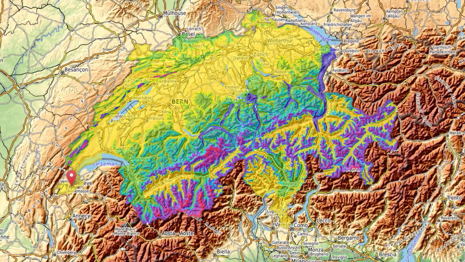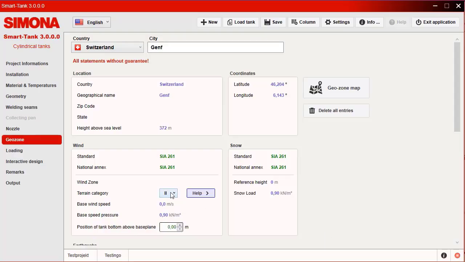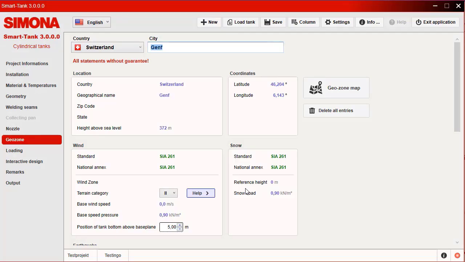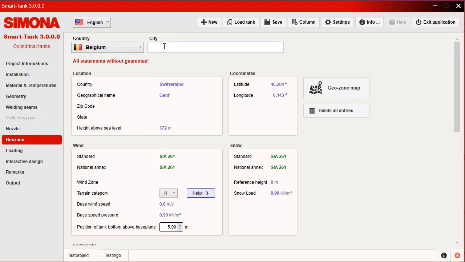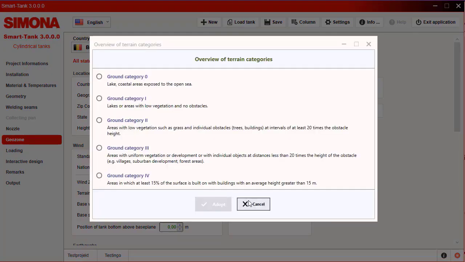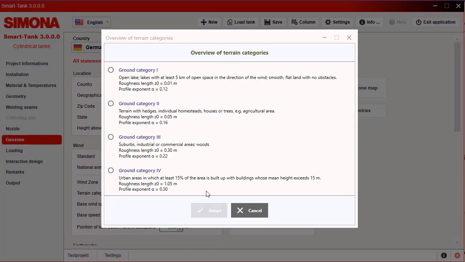If you have checked your location with the help of the maps, you can otherwise accept the data with a click of the mouse. Finally, add the installation height of the tank above the foundation and the terrain category. If you are not sure which terrain category to choose, click the Help button and find out about the definition of the selected standard or its national annex. These can differ from one another, as I have just briefly demonstrated.